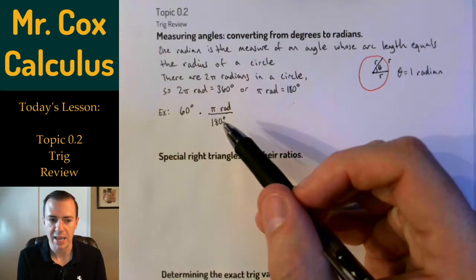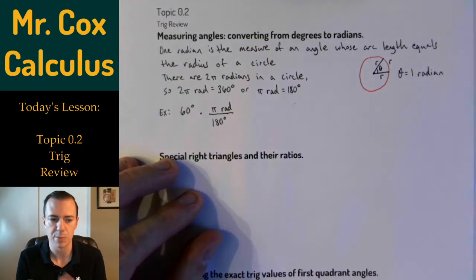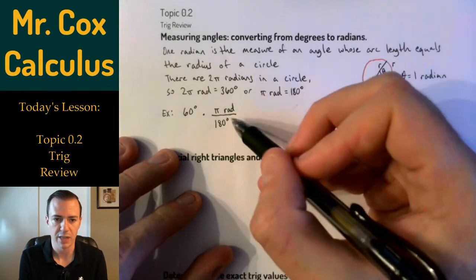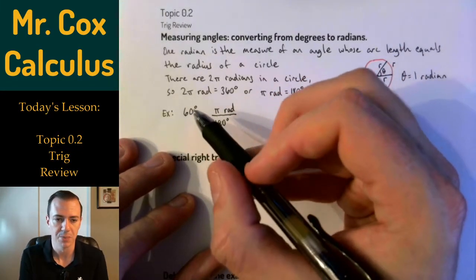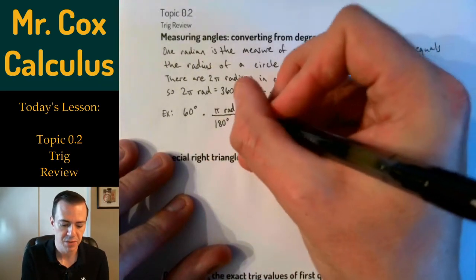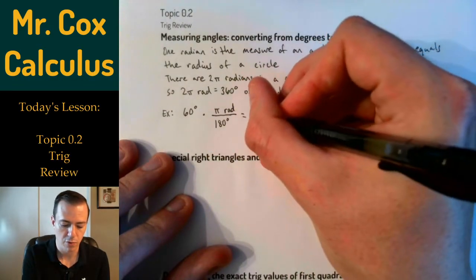Degrees don't so much cancel. Angle measure units are kind of odd, and they're not the same way that, for example, centimeters is a definite measure of length, but I can kind of think of it in the sense that the degrees will cancel, and I know that 60 goes into 180 exactly 3 times, and so I'm left with pi over 3